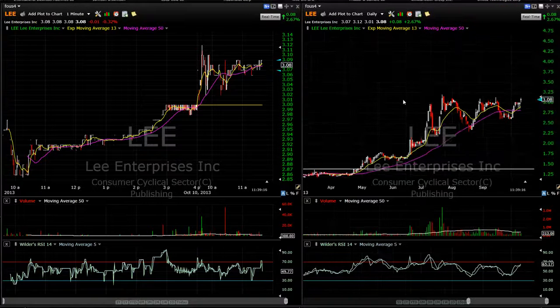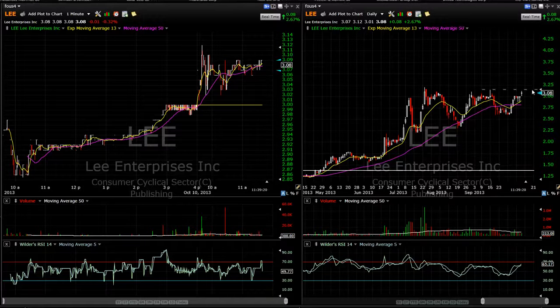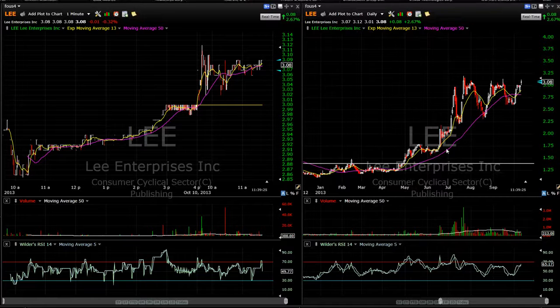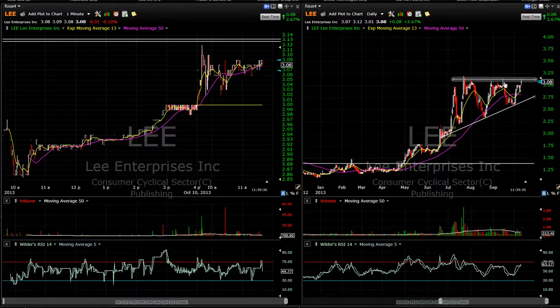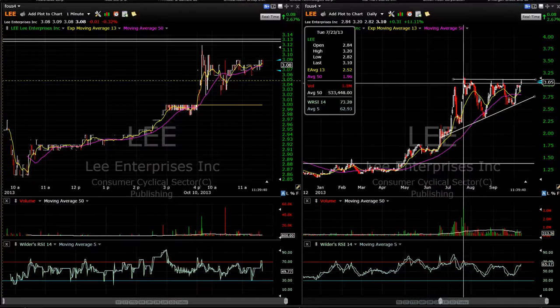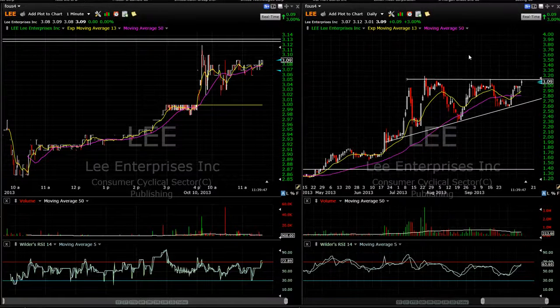If we bring this down to get a little bit better view on the daily, we're looking at the force pattern here. The lead-in trend is obviously bullish. We've got this nice triangle formation forming up, and we got this neckline formed up here with these previous highs at about 314, and then previous highs back here at 320. So that's the range that we need to break out of on this daily chart to see this actually be